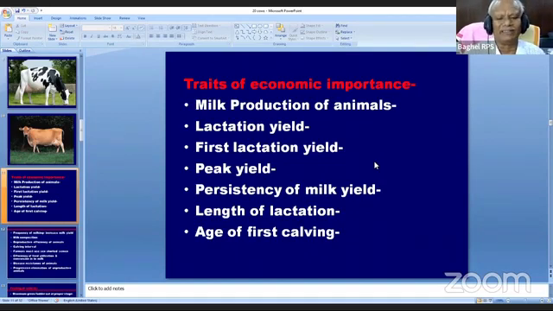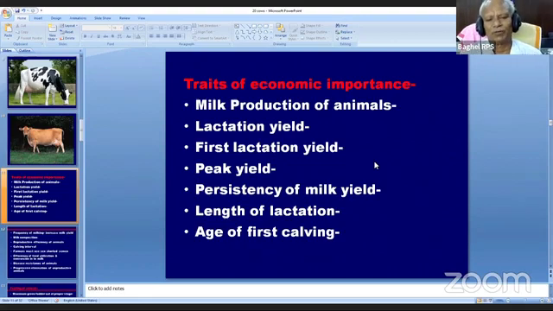Total lactation yield: on the basis of the past data available with the farmers where you are purchasing the cow, you must see the lactation yield of the animal as per the breed; it should be maximum. The first lactation yield is very important because if the production of the cow is better in the first lactation, then certainly in further lactations, especially the second and third lactation, milk production will be 20%, 30%, 40% higher than the first lactation.